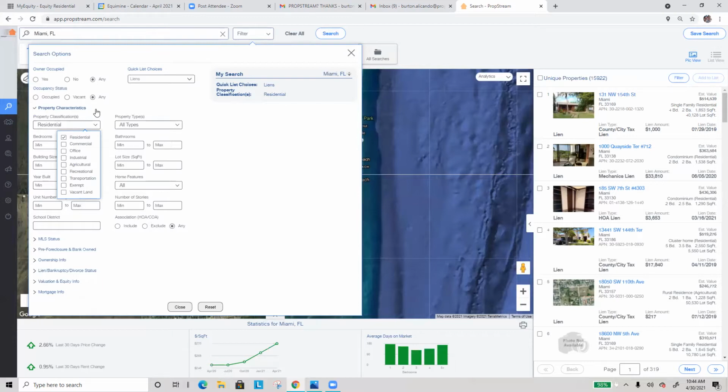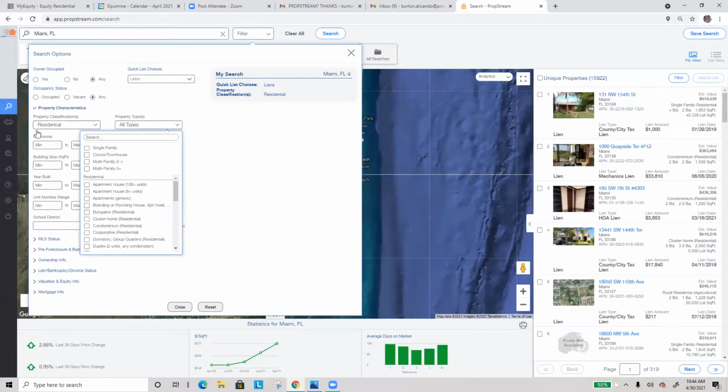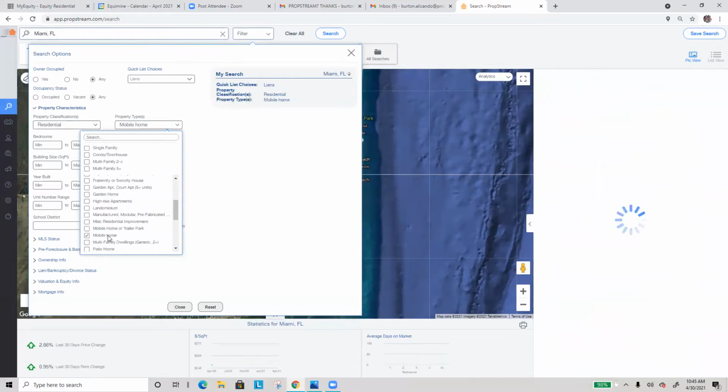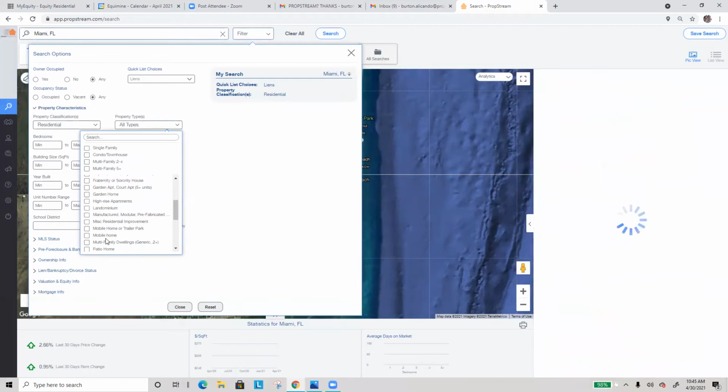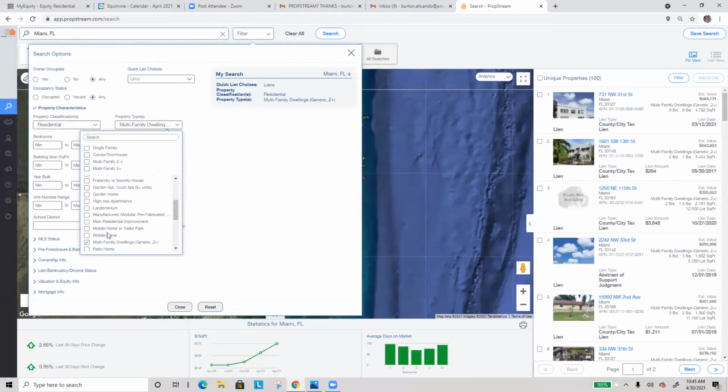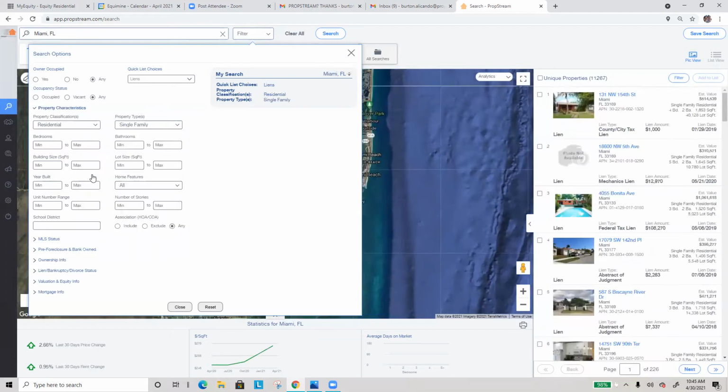Now, when you choose a classification, your property type will be altered. Since I chose residential, I have residential filters I can select from. So maybe I wanted a mobile home with a lien, or a mobile home or trailer park if there is one available, right? Manufactured home perhaps is what it's labeled. Multifamily dwellings. Okay, so we didn't have any mobile homes. So they might be labeled a different label in this market, but that's why we give you all of these different options. So once you choose the one that you want, condominiums with liens or multifamily dwellings with liens, or keep it simple, single family, you do have additional